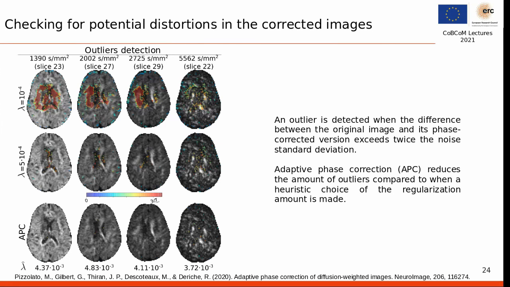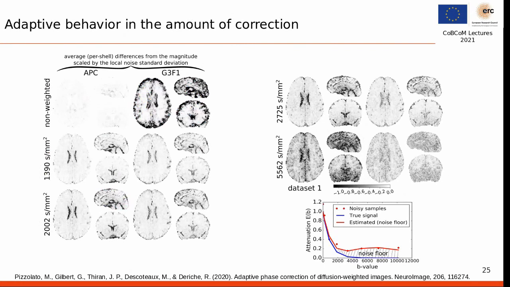And on the columns, we see the different b values we have been applying in, actually, this is a real data set. So we see actually that adaptive phase correction reduces a lot the amount of outliers compared to when we just choose in a heuristic way the regularization amount to use. And also another thing we can observe is that this adaptive phase correction really provides an adaptive behavior in the way